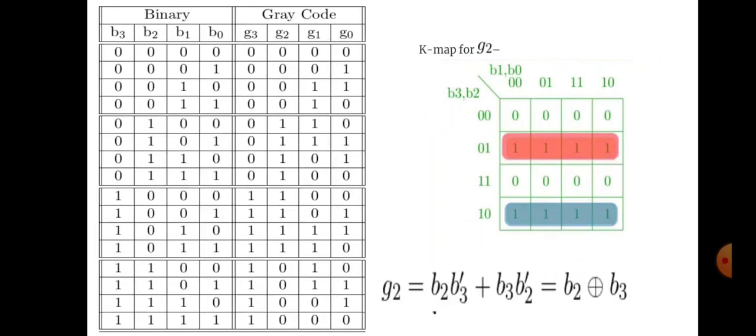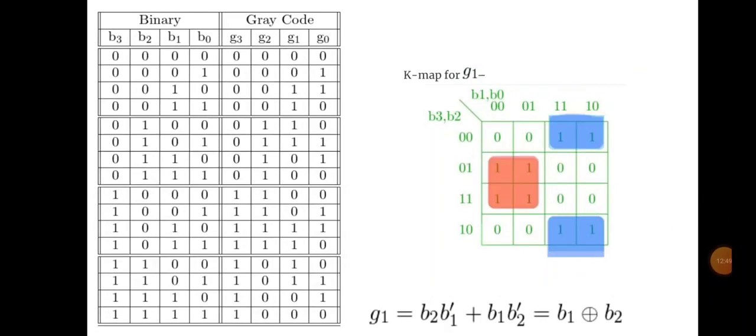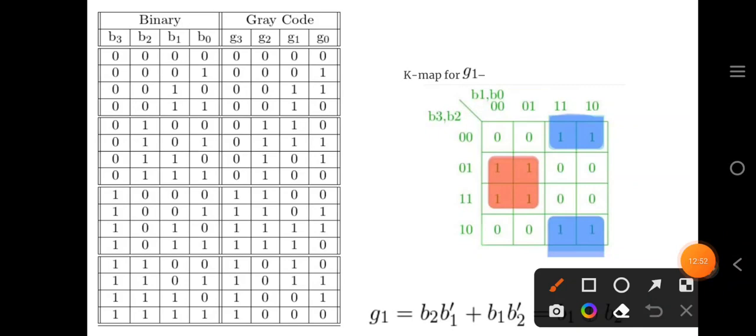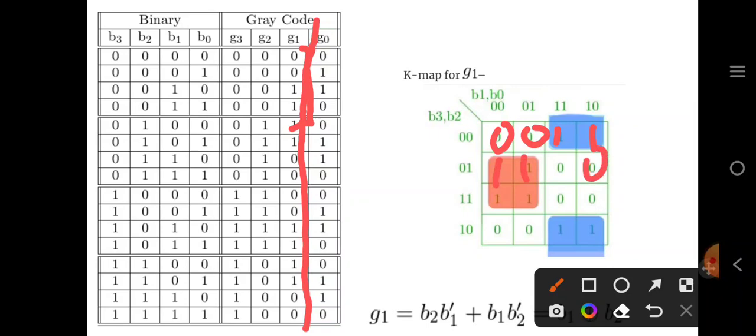Now the next procedure is to plot all the ones in the K-map. So consider the second column and put all these 0s and 1s in the truth table. So 0 0 1 1, 0 0 1 1, second is 1 1 0 0, so 1 1 0 0. Now the next is 0 0 1 1, so 0 0 1 1, and the last 4 is 1 1 0 0, so 1 1 0 0. So this is how we can plot.